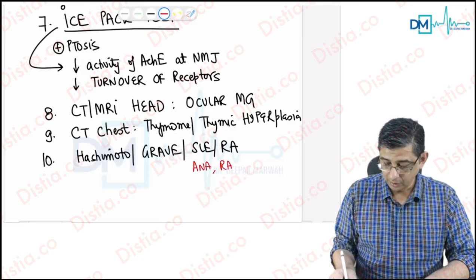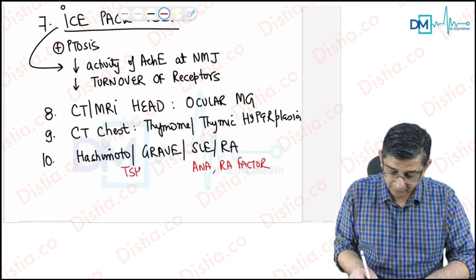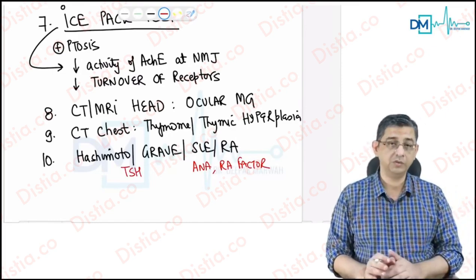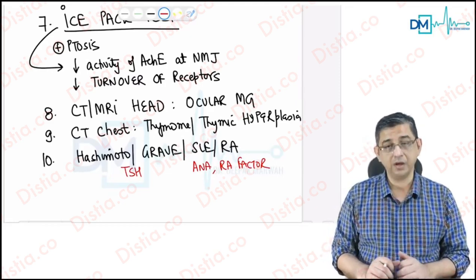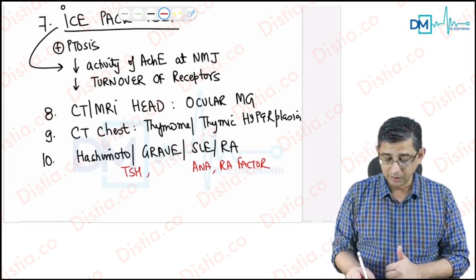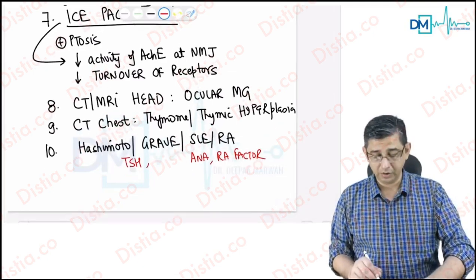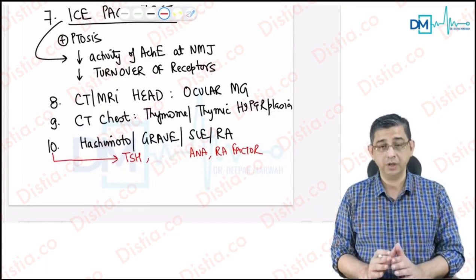I'll be doing an RA factor in the patient, and at least a baseline TSH can be done, because in Hashimoto's, if the person has reached a hypothyroid state, then the TSH values would be high, and in Graves' disease, the TSH values would be literally undetectable. So TSH, anti-nuclear antibody, and RA factor are done to check for coexistent autoimmune diseases which could be present in